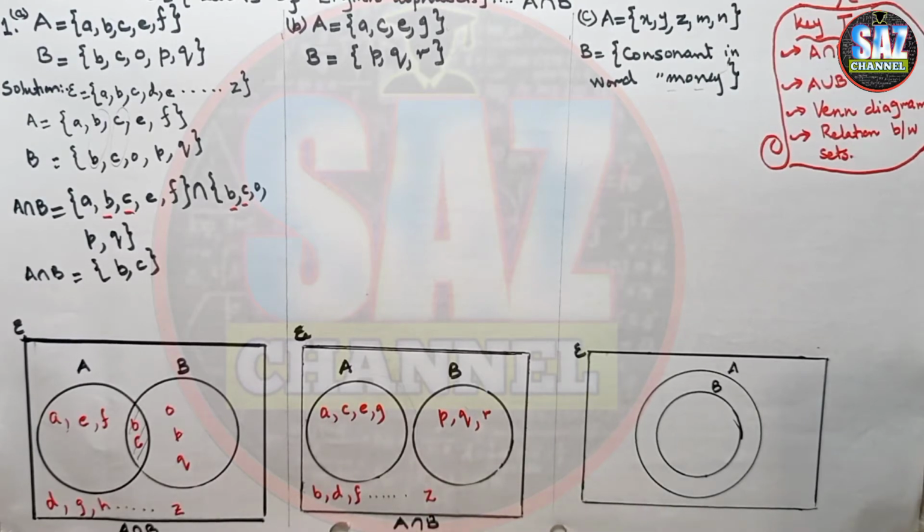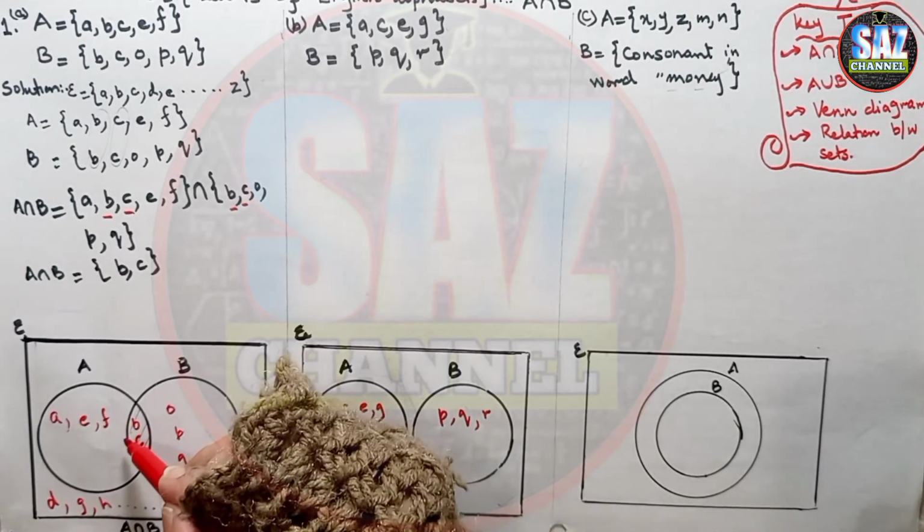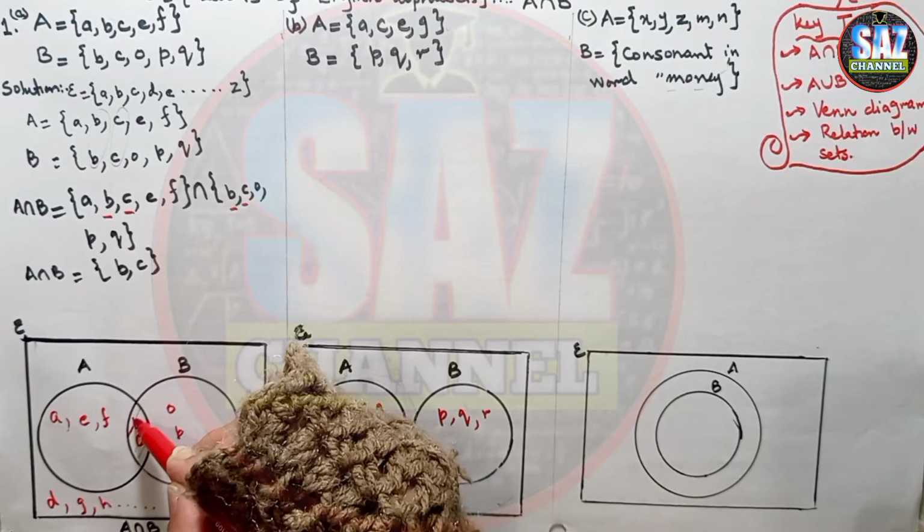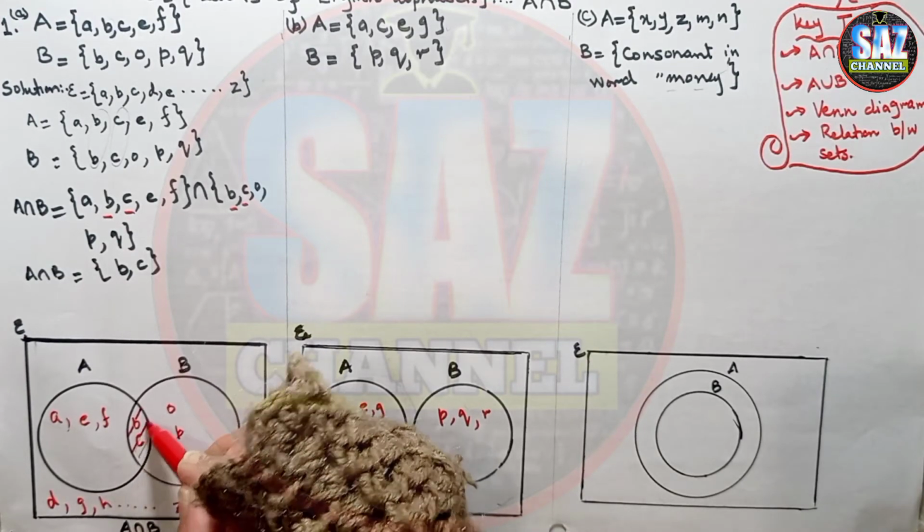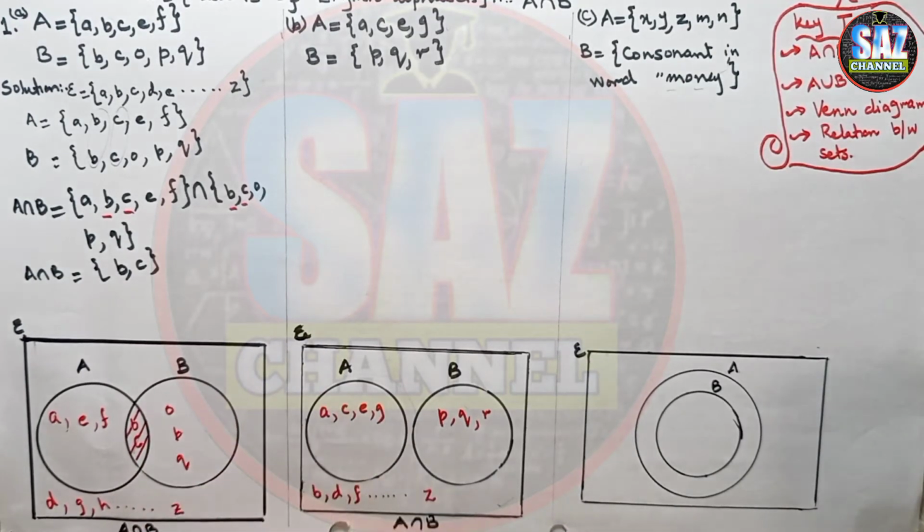Now I have to show the Venn diagram and represent the intersection relationship between the sets. As there is nothing common between the two sets, we are not going to shade any part of the diagram, and the intersection will be as it is. For an overlapping situation, the intersection or the shading will be at the overlapping part of the diagram.